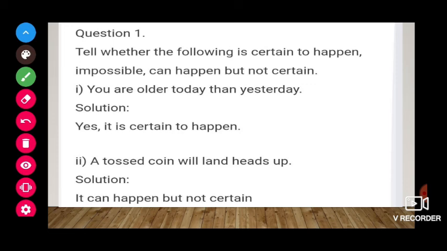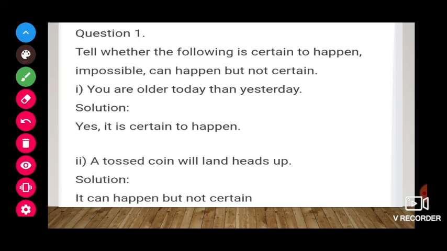Next, in the exercise sums, question number 1, tell whether the following is certain to happen, impossible, or can happen but not certain. First one, you are older today than yesterday. Solution: yes, it is certain to happen. It is a certain thing, no? Why? Because,